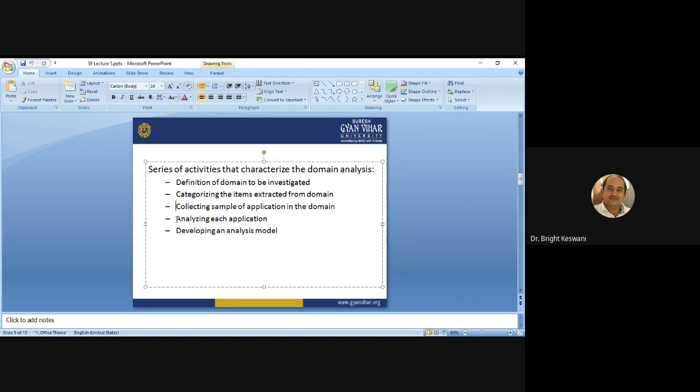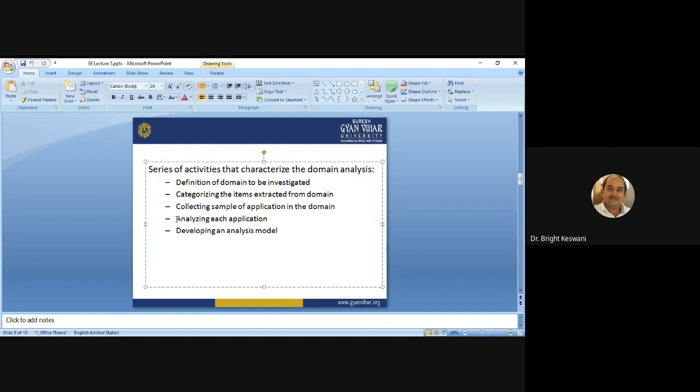These are the activities you conduct one by one, step by step, during domain analysis. In the last activity, the analysis model is developed. So developing an analysis model is the last activity of domain analysis.